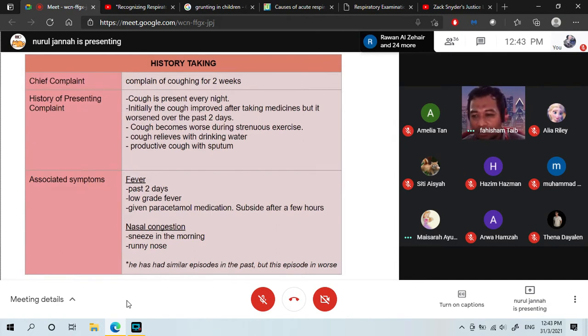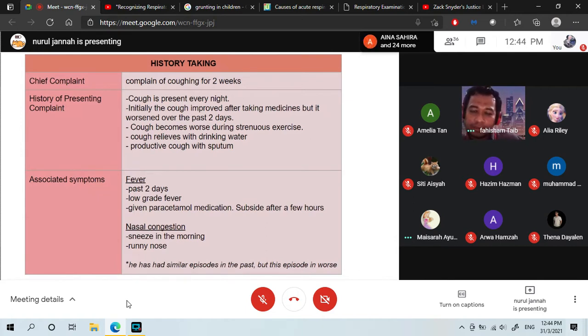This is a 4-year-old, isn't it? 3 years old. Number 2, what are the other features of asthma? It must be recurrent. One-off, you cannot say 2 weeks; it's not chronic yet. If it's 6 months or 1 year of similar episodes, then that will be chronic. 2 weeks, no, unless this is part of symptoms known or diagnosed in the past. So he's been presenting with a cough since he was 2, coughing on and off, triggered by whatever it is. Then I can buy it.